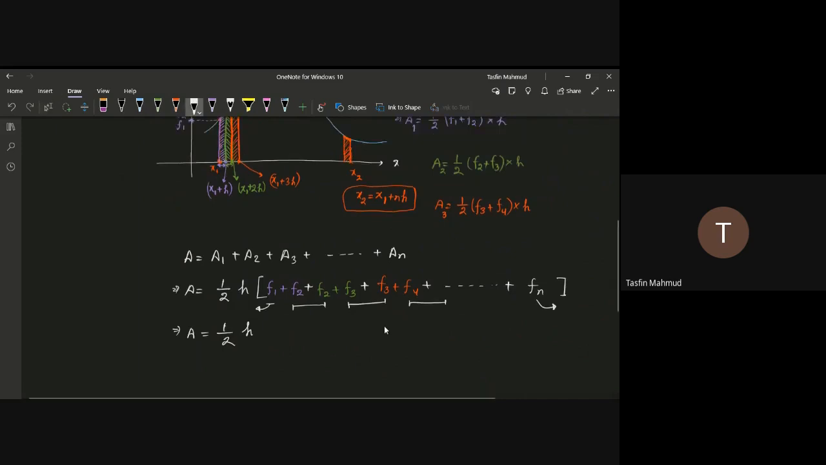what we can write is that we can make f1 and fn out here. You can write f1 plus fn, and the rest of the terms can be written as half times h times 2f2 plus 2f3 plus 2f4, right? So I have separated these two and brought these two together. So we can cancel out these 2's with this half, right? So this half and these 2's will get cancelled out, and so the area will look something like this: half times